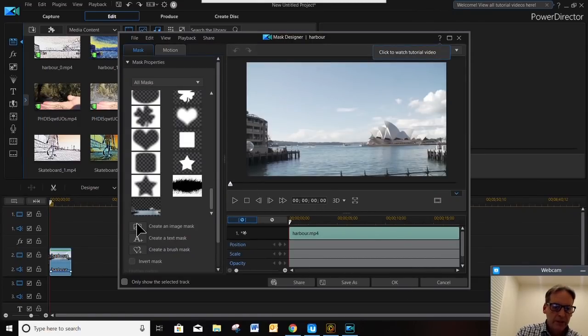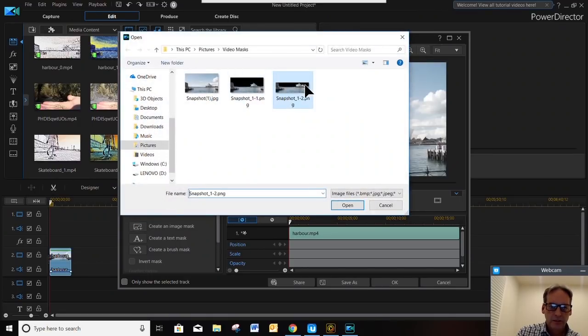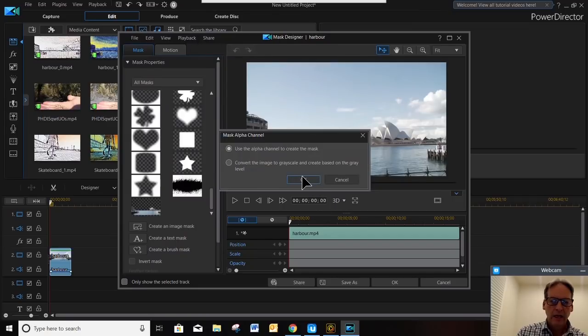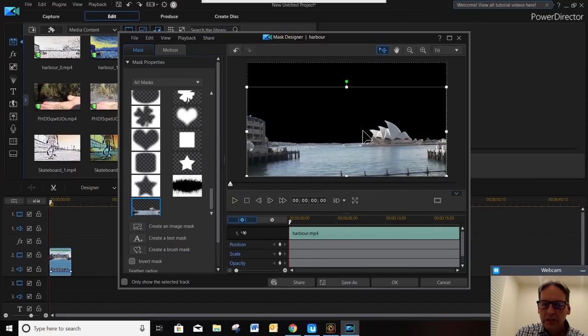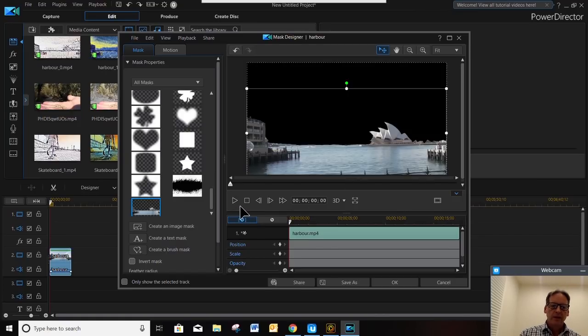Create an image mask from that image. This is the one I created before. This is the one I had more time on. I import that. As you can see, it's going to use the alpha channel. And we'll just reposition this down to here to where it's covering. Now, one thing we'll notice as we play here, we have key points here that we